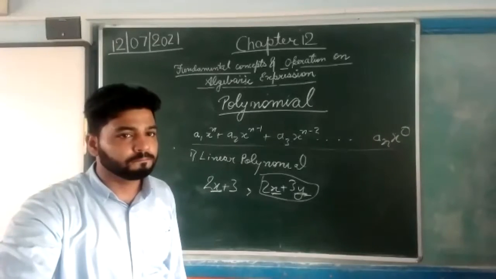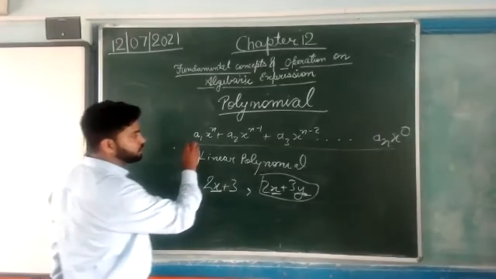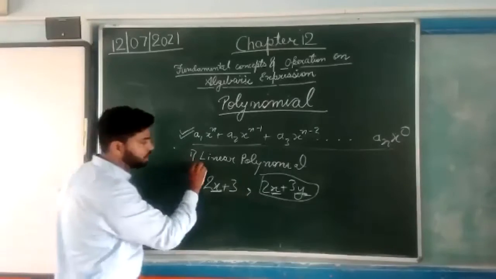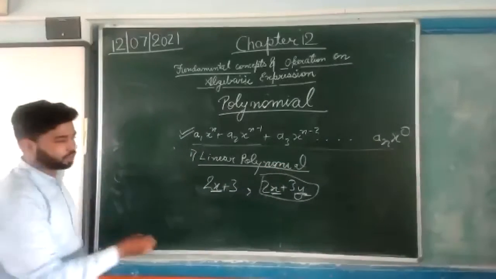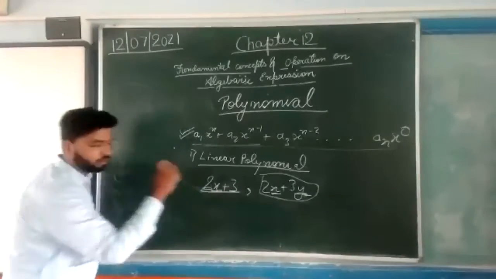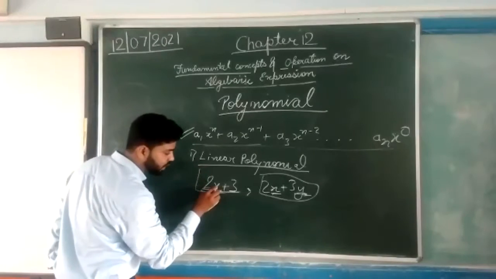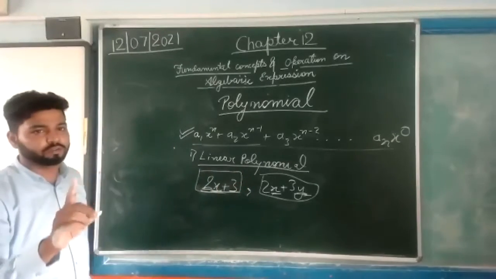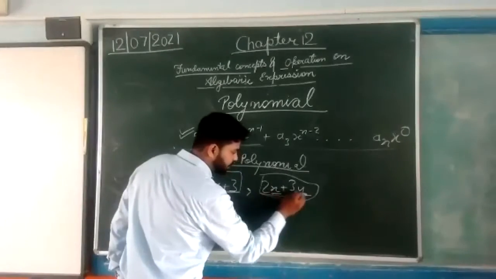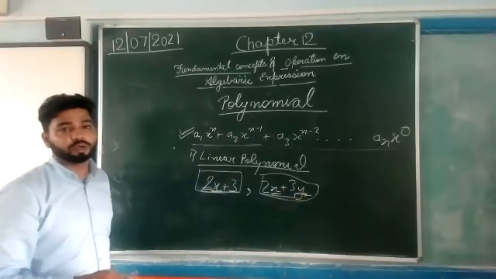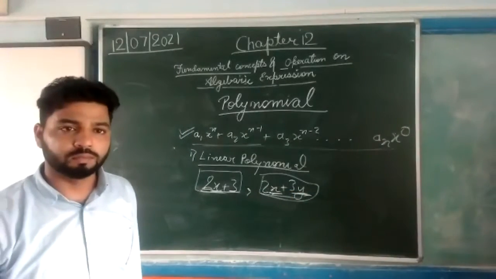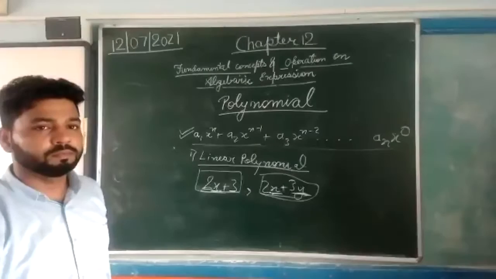So please explain one more time, polynomial and linear polynomial. The general expression is this. Just look at this, you don't need to write it. First of all, what is a linear polynomial? This is an expression where a constant is there and there is a variable. So this has only x. So this is a linear polynomial of one variable. Are you getting me now? Yes, sir. This is 2x plus 3y. So this is a linear polynomial but having two variables, x and y. Okay, yes, Kaustav.